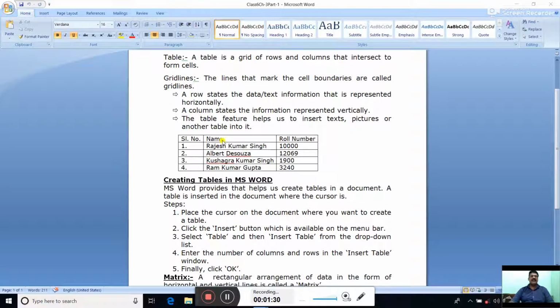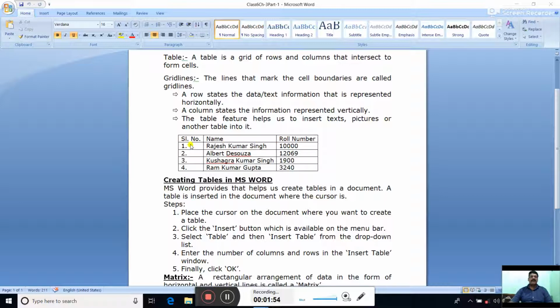Now look here in this table. Between the cells, we have these vertical lines. These lines are called grid lines, and they mark the cell boundaries. Horizontally it is called rows, like serial number, name, roll number.